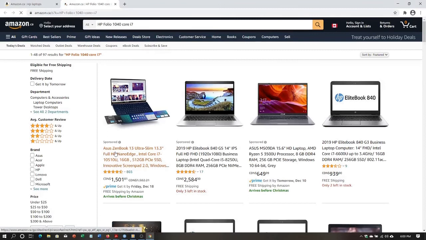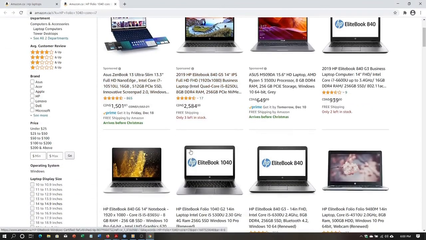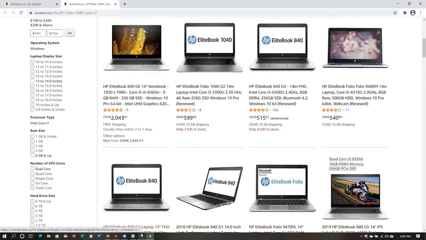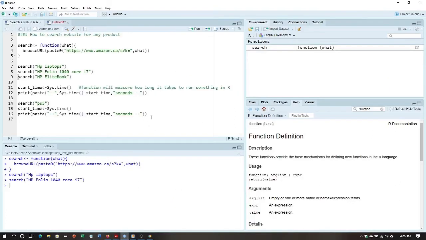So it gives me these, and you can see that all these ones are very close to what I exactly searched for. You can also specify the categories of HP laptops you want. You can search for any items you want to search for. For instance, now I can also search for PS5, but before then I want to